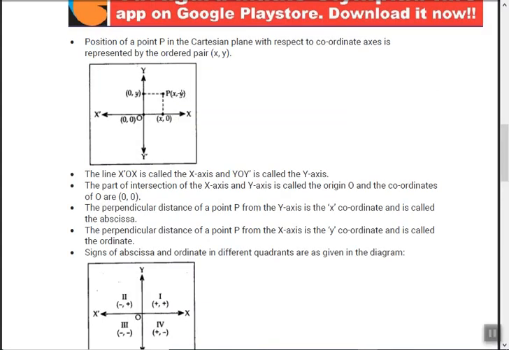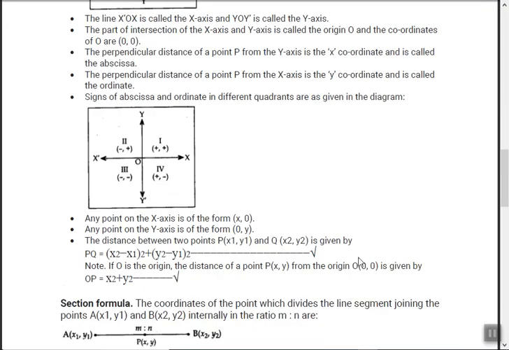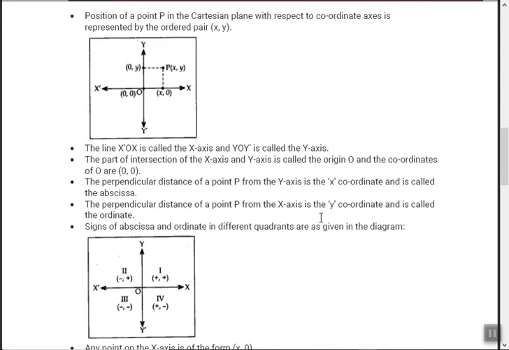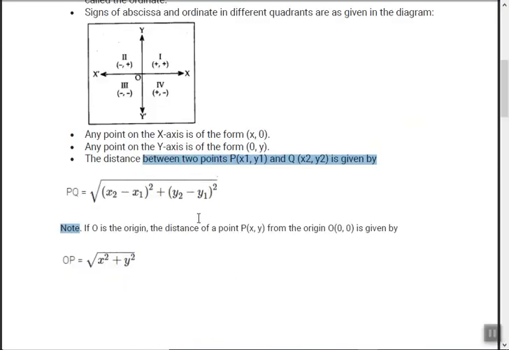So this is x1 y1 and Q will be somewhere over here, x2 y2, and we are joining this PQ. Then we are finding x2 minus x1 the whole square plus y2 minus y1 the whole square, and then square root. Okay, so even if you do x1 minus x2 the whole square and y1 minus y2 the whole square, it will be one and the same, because square doesn't have any sign. So you can do anything.